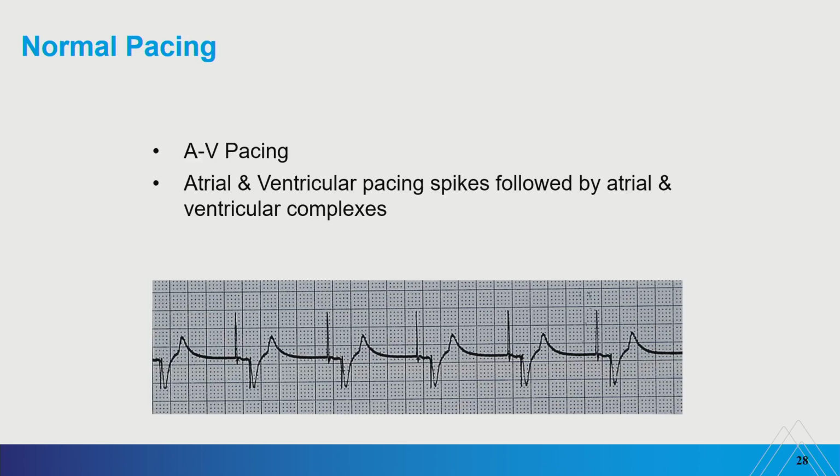If I don't see a P wave, what I would do is I would turn my MA all the way up. I would check my connections. I would then see if I see a P wave. If I don't see a P wave, I'm going to go through all of my leads. If a P wave exists in one lead, the P wave exists. If I still don't see a P wave, the only other way to test it, and you might want to get the intensivist at the bedside for this, you're going to either turn the MA all the way down on the atrium and turn it off, or pull the lead